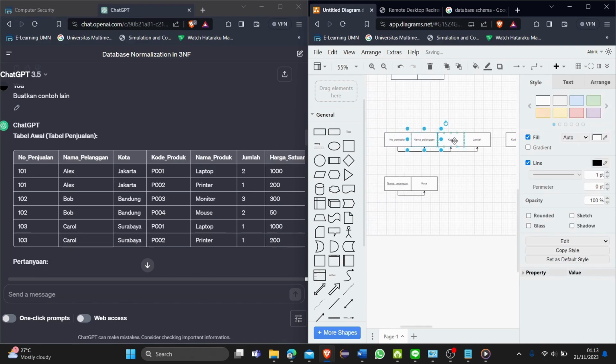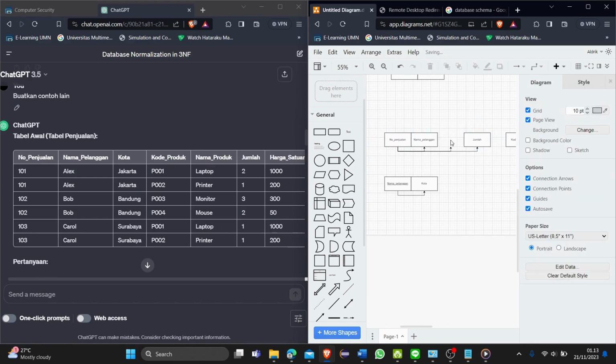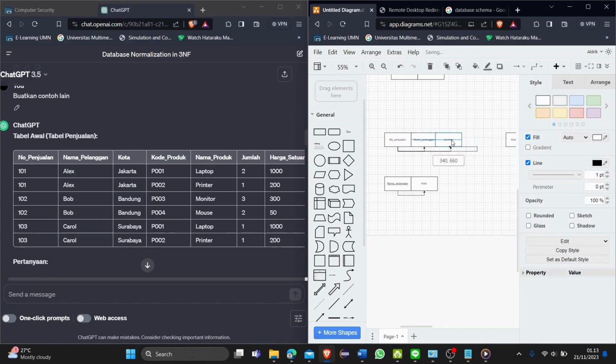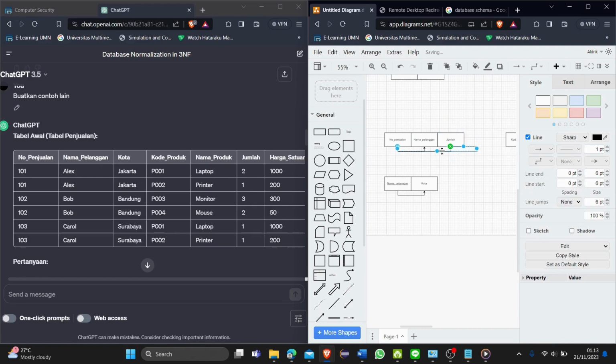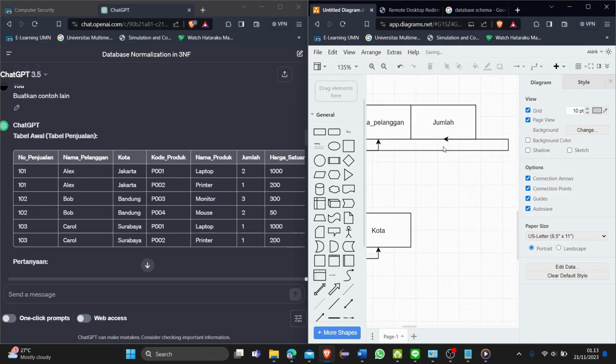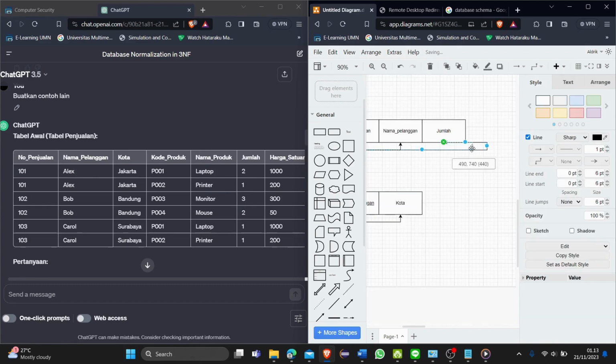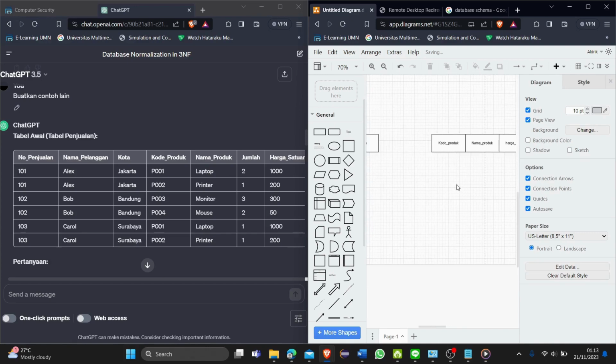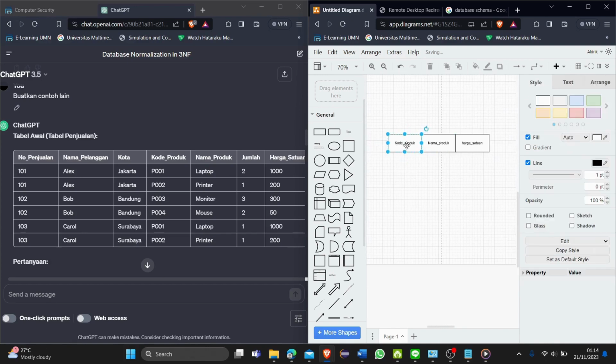Nama pelanggan. Sorry. Nama produk, harga satuan.